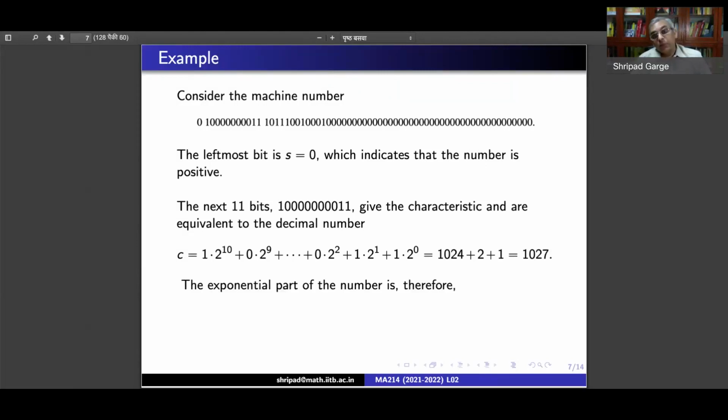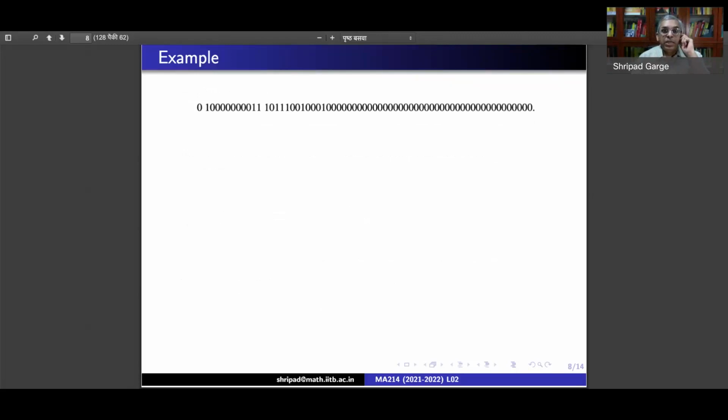And the exponent that we are going to get is obtained by removing 1023 from this number. So that is 2 power 4. So we have a positive number with exponent 4, so it is 2 power 4, and now we have to work with the fraction with the remaining 52 bits. So let's write this number once again. Now we observe we are looking at only the mantissa. In the mantissa, which is a 52-bit number, the first bit is 1, the second is 0, and the third, fourth, fifth are 1.